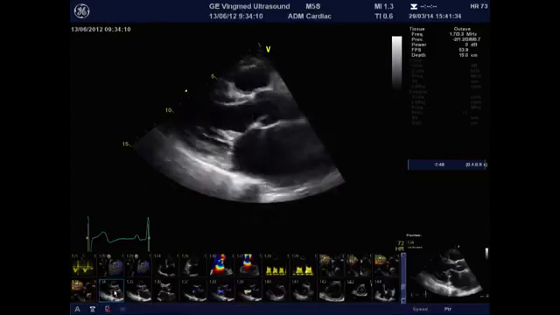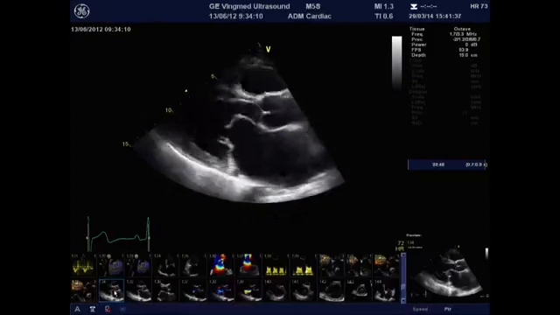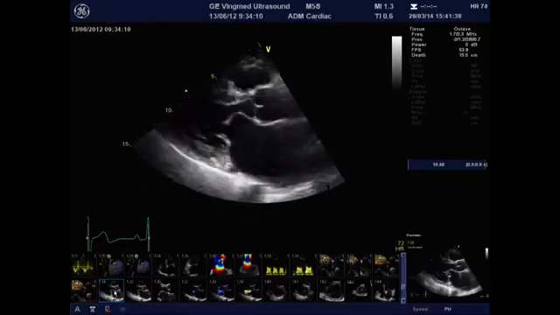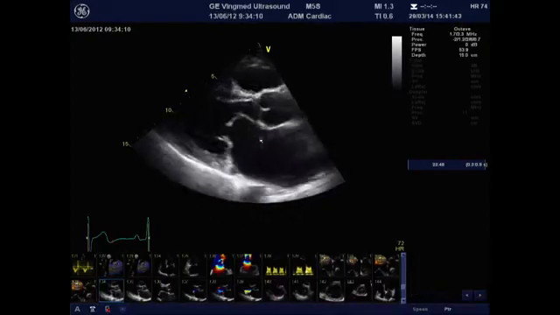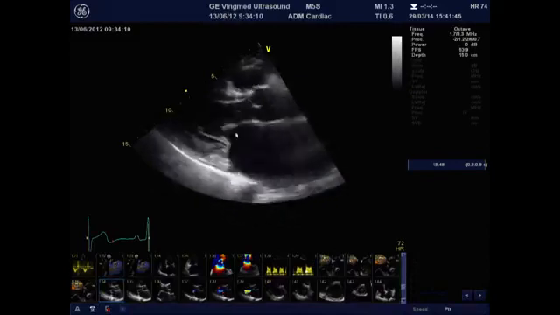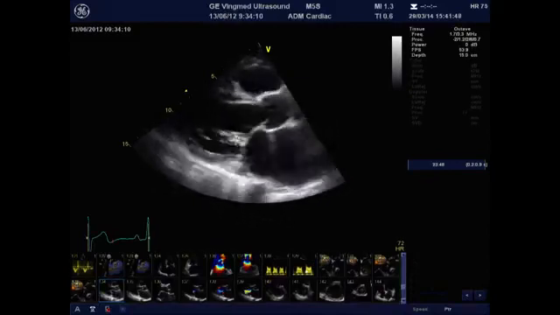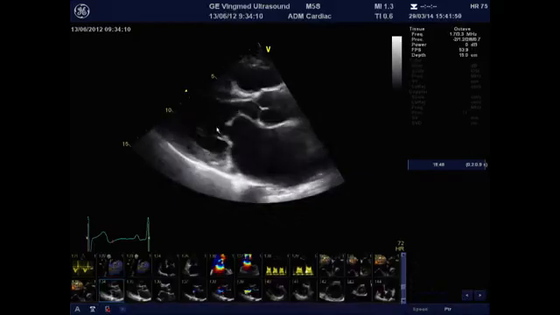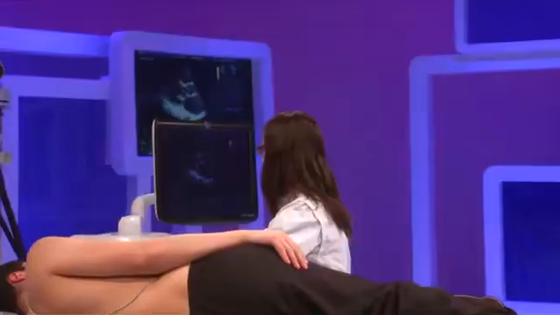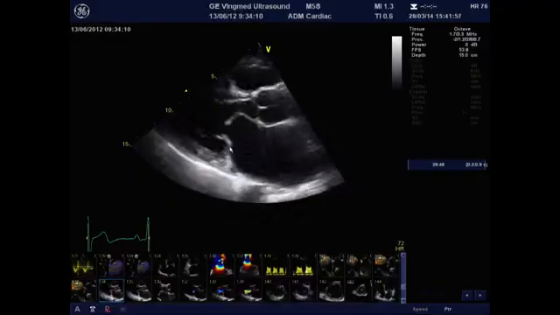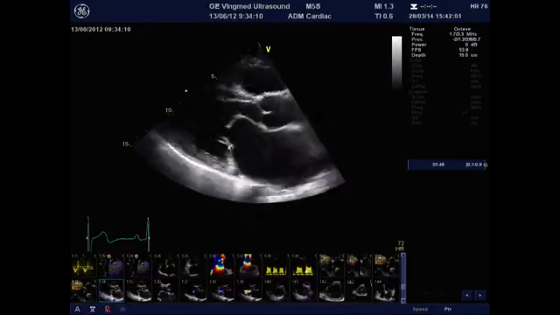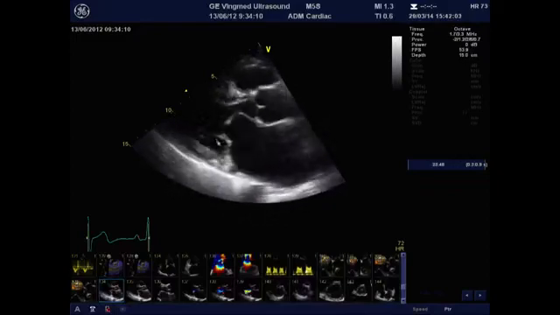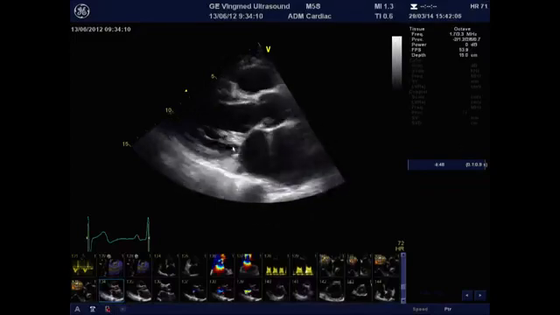You can see here the landmarks of the rheumatic mitral valve stenosis, which are actually the doming of the anterior mitral leaflet in diastole, and also the thickening of the apical portion of the mitral leaflet tips, together with the fusing of the chordae, which actually create a restriction of the posterior mitral leaflet. You see here that the fused chordae are actually leading to a restrictive systolic and diastolic motion of the posterior